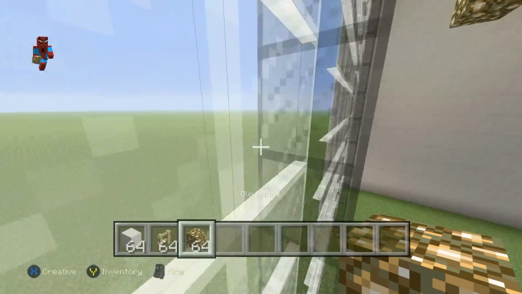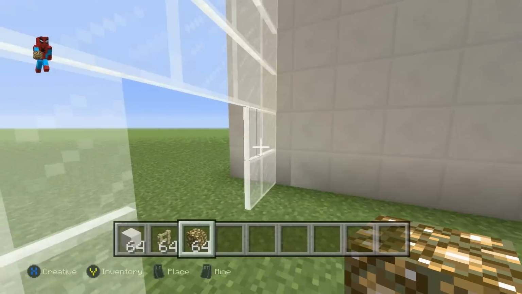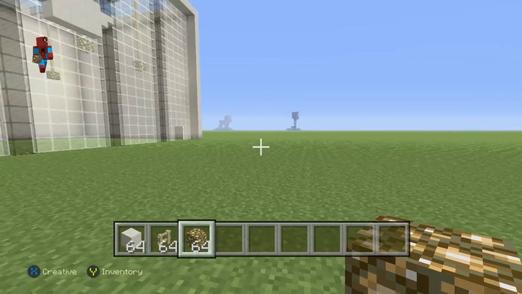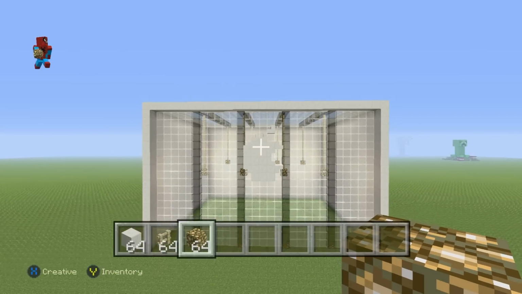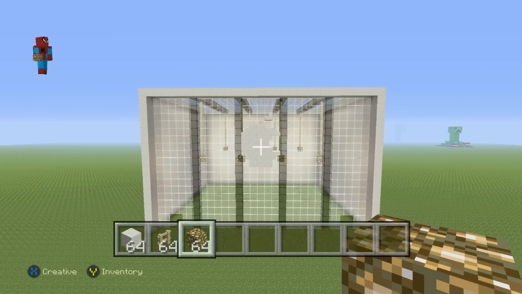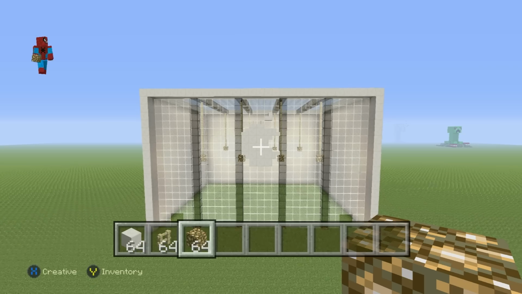So once you've done that, you have a load of suspended lighting, and I'm actually going to look outside just to show you what that looks like. It just adds a little something to it. Because there's going to be quite a bit of empty space near the top of the building, it gives you something to look at, and it also brightens the place up a bit, and makes it look a little bit cleaner.